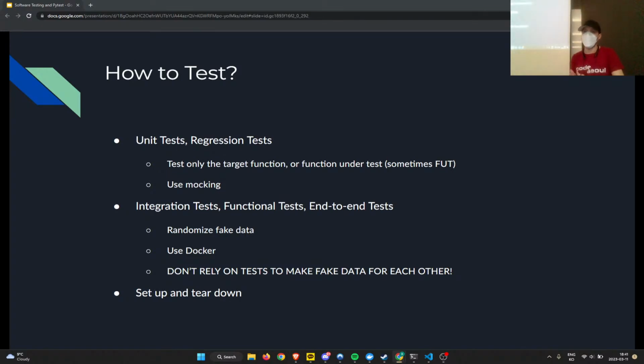The key thing is to use mocking. I mentioned this earlier, but what is mocking? Mocking is basically replacing a function with a fake function. So let's say I have a function that gets a list of users from the database, and obviously that has a database call. To make it a unit test, I might use a mocking library to take my database library, grab the query method, throw that away, and substitute a fake method that returns some data that I predefined to simulate a successful database query. So that's what mocking is.